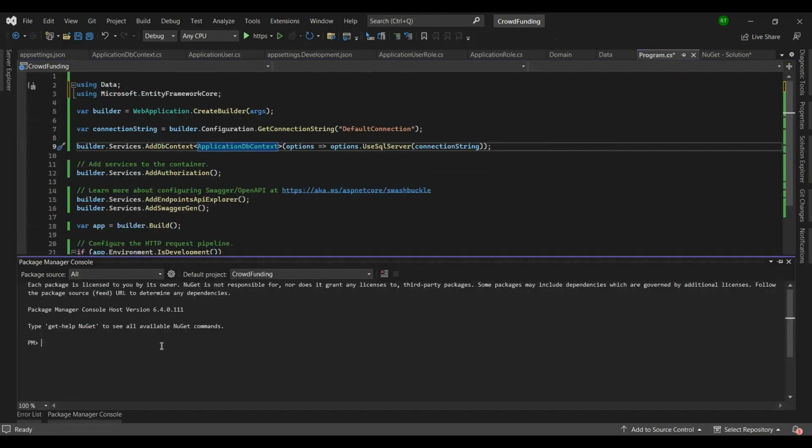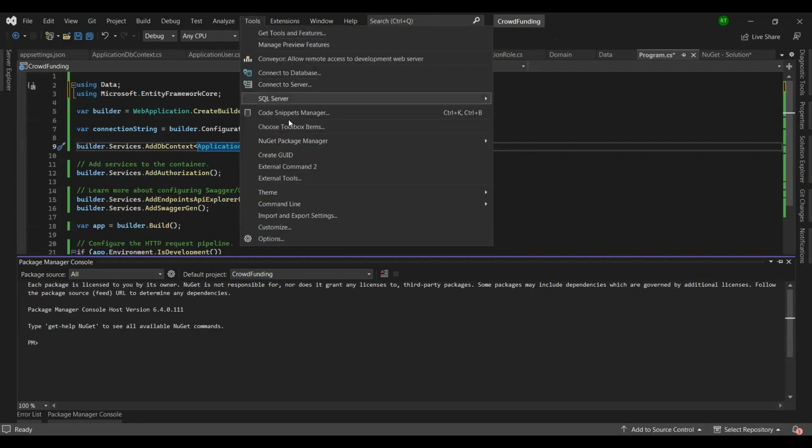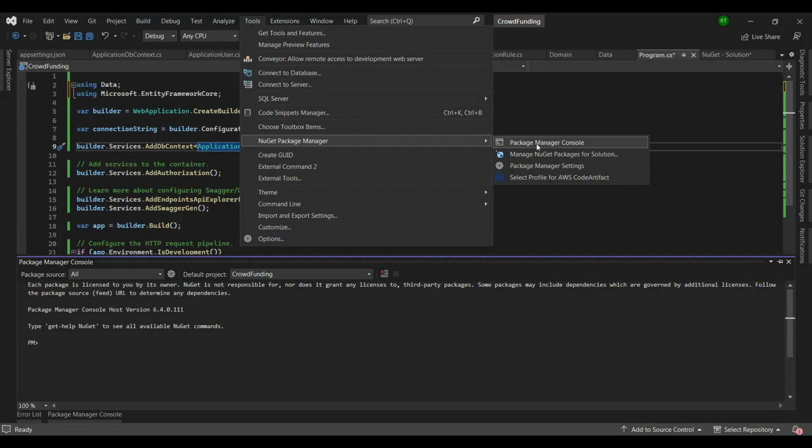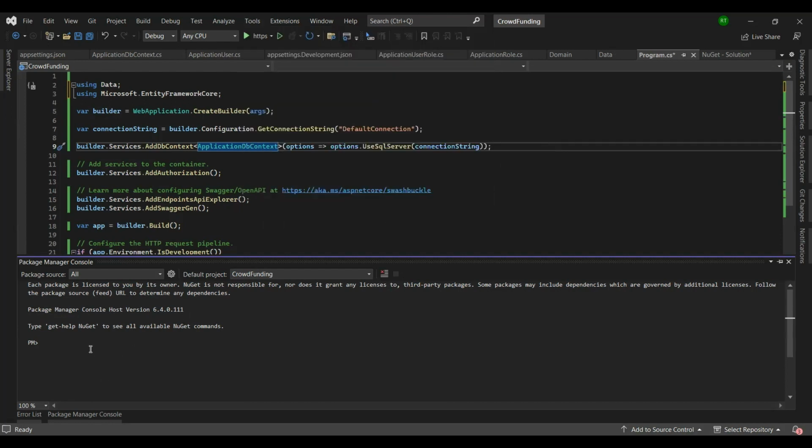And let's go to new package manager console. If you don't have this package manager console here, you can just go to tools, NuGet package manager, and just type this and click this package manager console and you come up here. Now add dash migration and just type add dash I